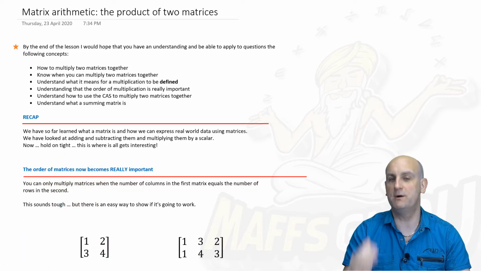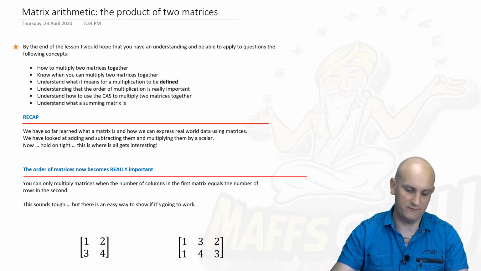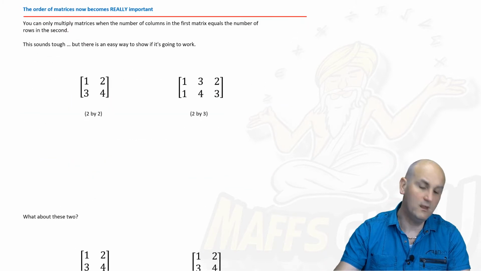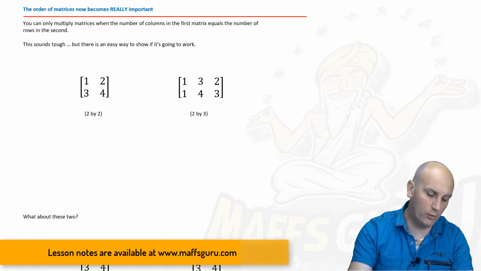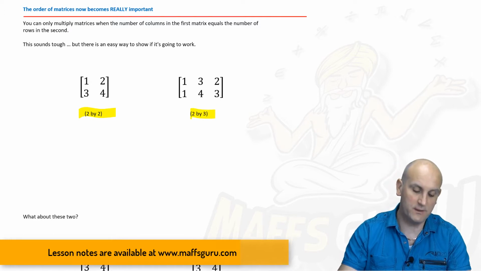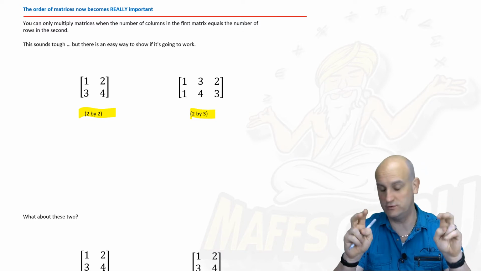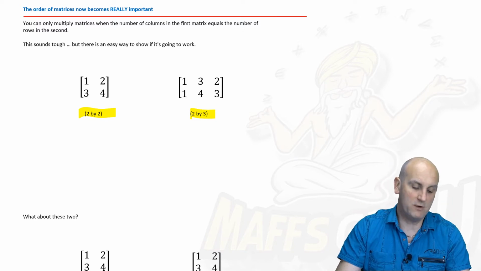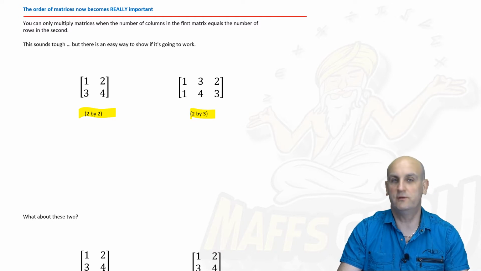Now, being able to multiply two matrices is really important, but we don't want to waste our time doing it if it can't in fact be done. So there must be a simple check, and in fact there is. This is where the order of matrices becomes really, really important. Do you remember that order stuff where you have the number of rows by columns? Now, to multiply matrices together, this is the official wording. You can only multiply matrices where the number of columns in the first matrix equals the number of rows in